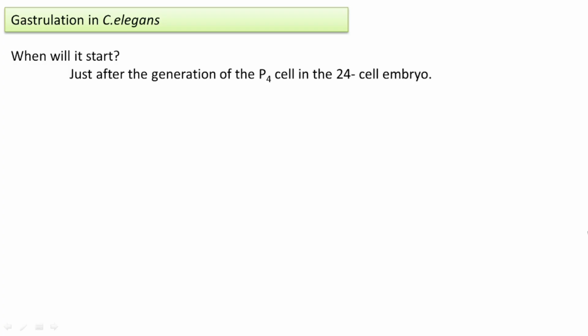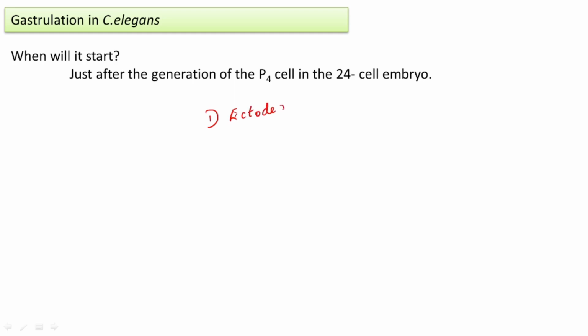Students, in the last video we learned how the dorsal-ventral axis as well as the right-left axis is forming in C. elegans. Today we are going to see the gastrulation process in C. elegans. What is gastrulation? Gastrulation is the process of forming three germ layers like